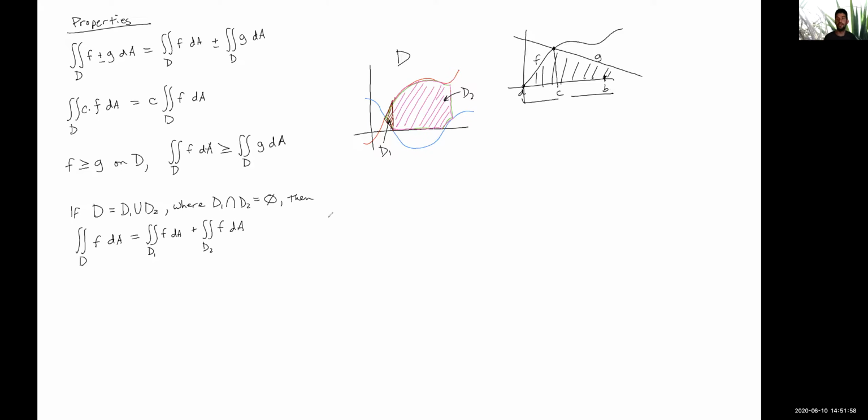Same idea, you can split up the region that we're talking about. Okay, then finally, one last property. Sometimes this is good for estimating. If my function f is between two numbers, little m and big M, thinking of them as the minimum and the maximum on D, and A of D is equal to the area of D, then,